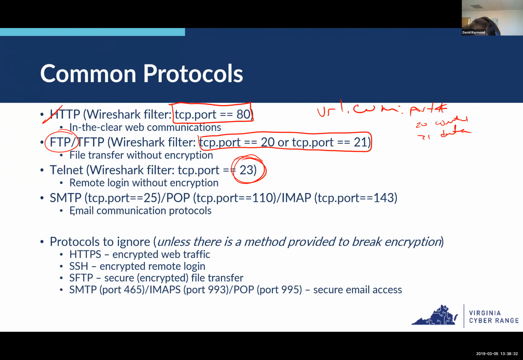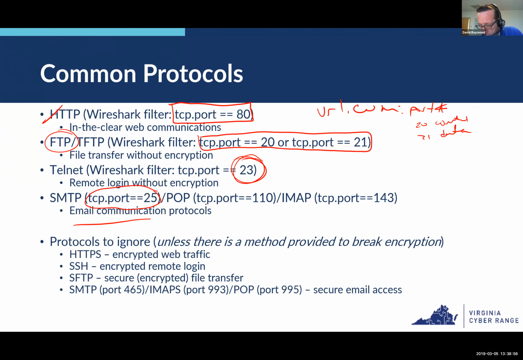For SMTP, so email communication protocols, there's multiple of them. There's SMTP traffic, Simple Mail Transfer Protocol. It runs on TCP port 25. That's what mail servers use to communicate with each other. Server to server email traffic goes over port 25, and then you have